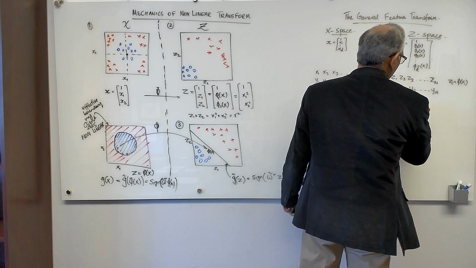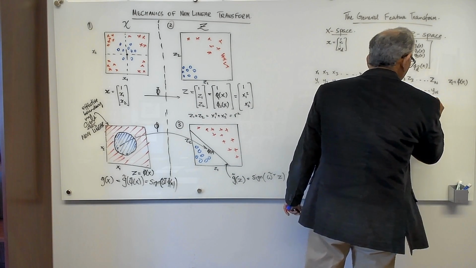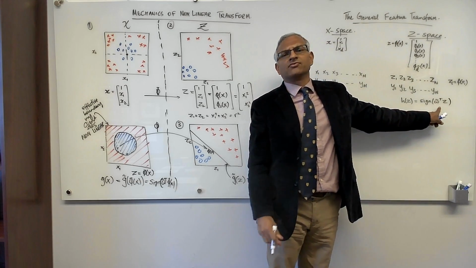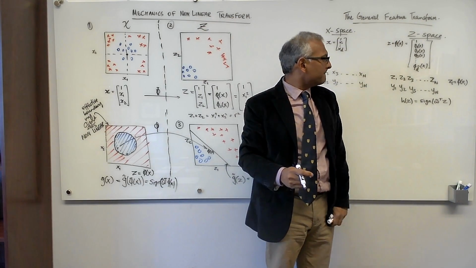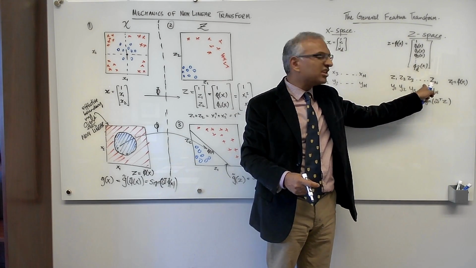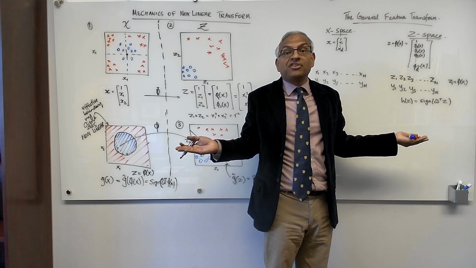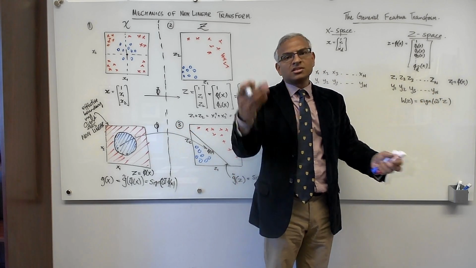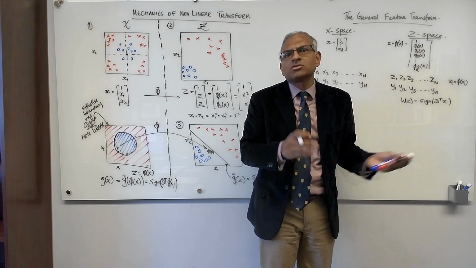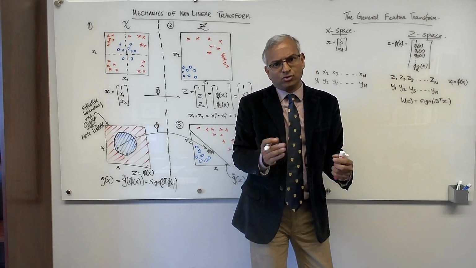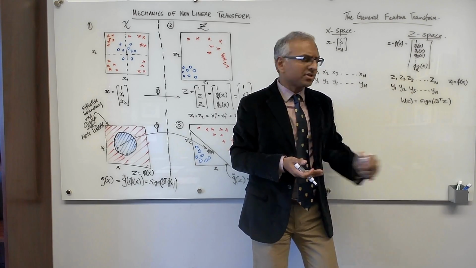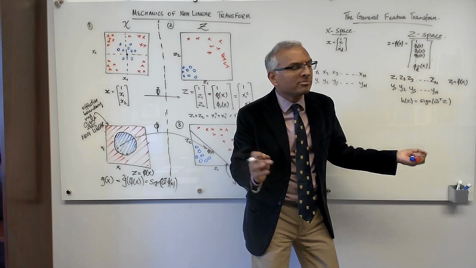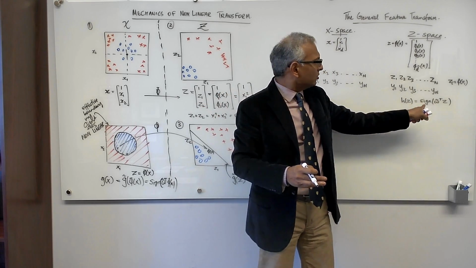We're going to implement the model h of z is equal to sign of w tilde transpose z. Why w tilde transpose? Tilde, because we're in the Z space. So you need to fit this model to this data. That's all that's going on. And so you use your favorite algorithm for the linear model. If you're doing classification, it's PLA or Pocket or regression for classification, and we'll see other kinds of algorithms for classification. If you're doing regression, it's the pseudo-inverse algorithm. If you're doing logistic regression, you minimize the cross-entropy error using gradient descent. Whatever your favorite algorithm is for the linear model and the type of problem you're doing, you use that